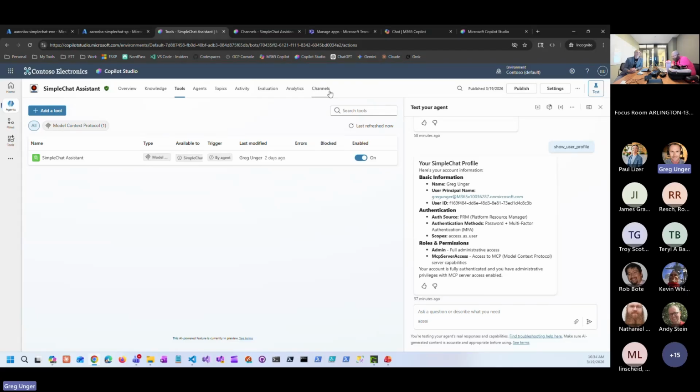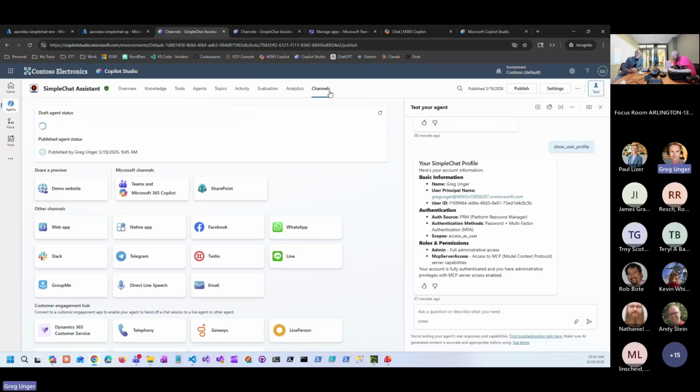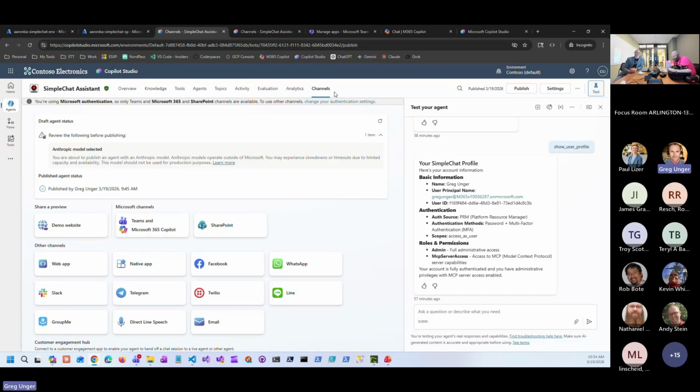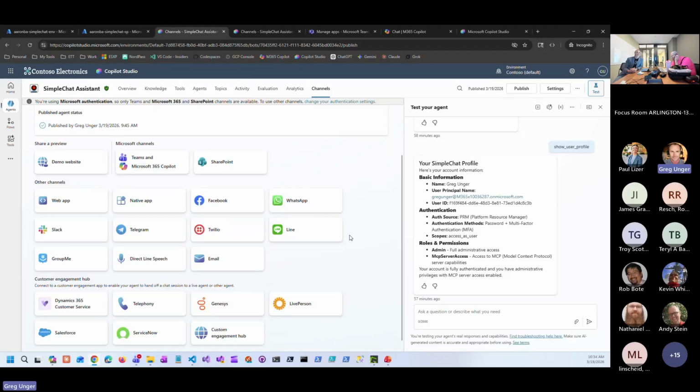Okay, from there, I'm going to show you that once you wrap the MCP server as an agent, it can now be published to all of these different channels. So if you have existing SharePoint sites you want to publish it to, custom web applications, mobile applications, Teams and Copilot 365, which is basically the demo I'm going to show you, or anything else that you see here, it's dealer's choice. You can make Simple Chat data accessible to any of this stuff.